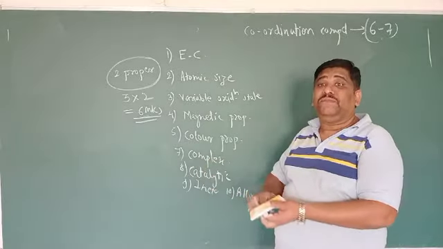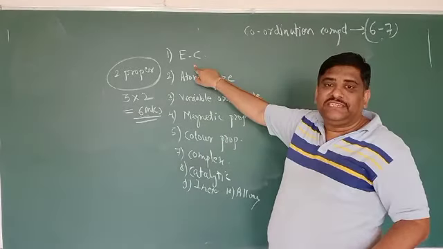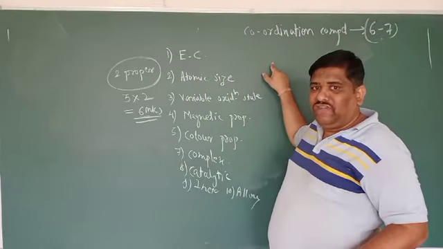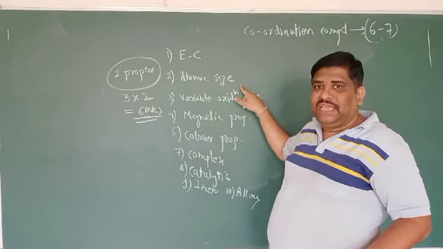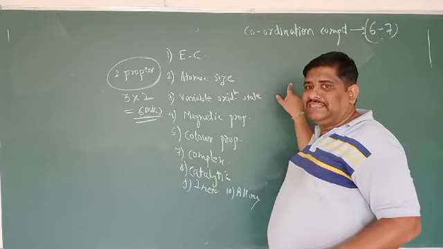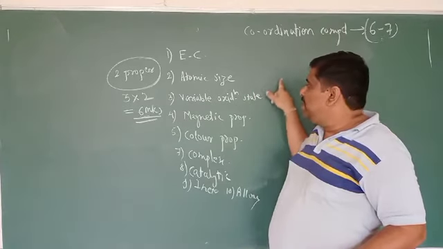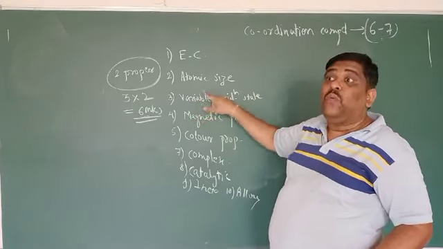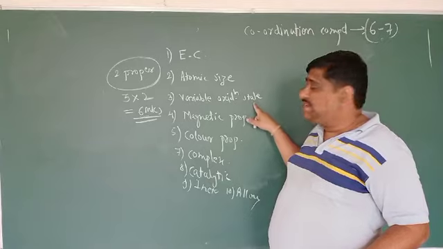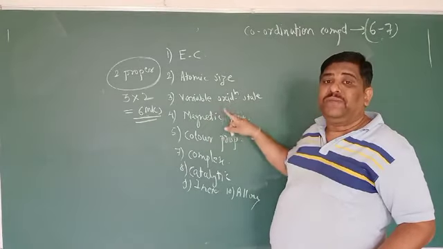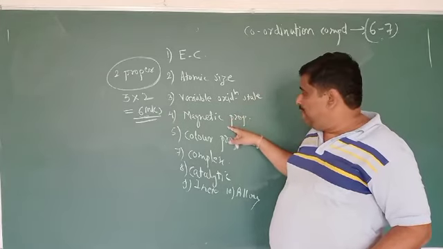What do you have to remember? The properties of the d block elements with the reasons. For example, for electronic configuration, you have to remember the general electronic configuration. For atomic size, you have to remember the variation: decreases, remains constant, increases. Then you have to remember the reasons: shielding effect, effective nuclear charge, and extra stability. Then you have to discuss variable oxidation state, why it shows variable oxidation state: vacant d orbitals, etc. Then magnetic property. What do you mean by diamagnetic? What do you mean by paramagnetic? What do you mean by ferromagnetic? How to calculate the magnetic moment?